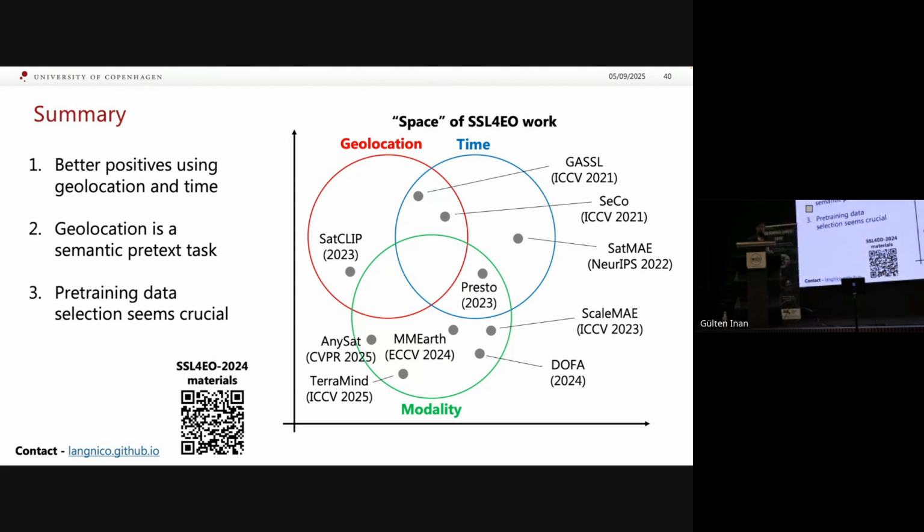And the selection, I think, is something that we need to make progress on, how to select the right pre-training data, because this is a bit different from all the pre-training stuff that just samples the internet. We sample our archive, right? And our archive is kind of, many sensors are quite systematically observing the Earth, and we have a bit more control over how we want to sample that data. So I think this is where the Earth observation community can play quite a bit of a role.